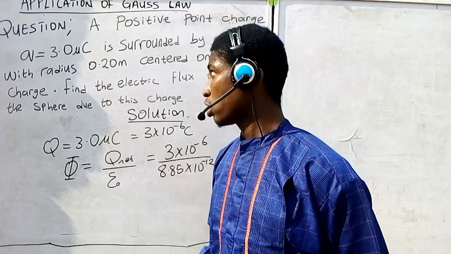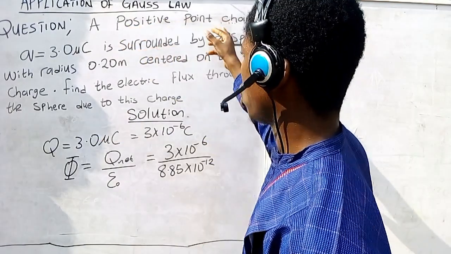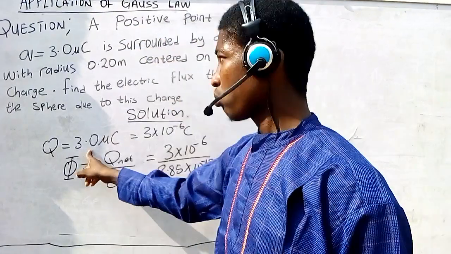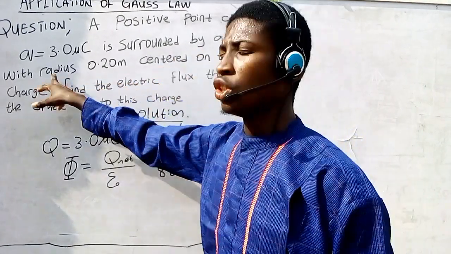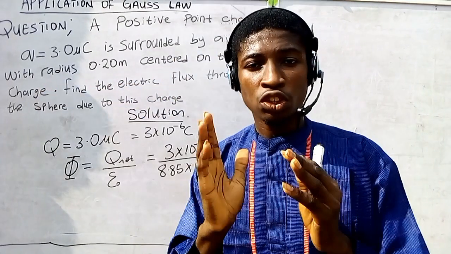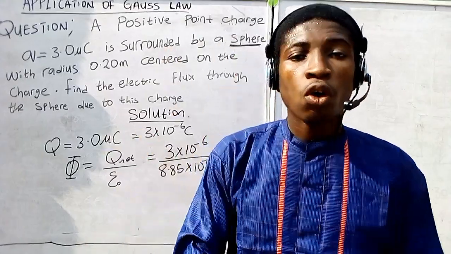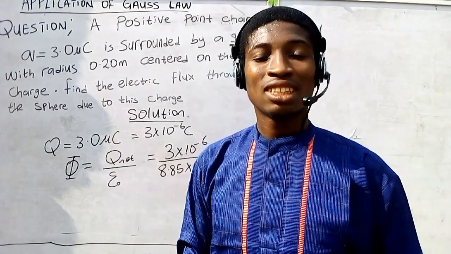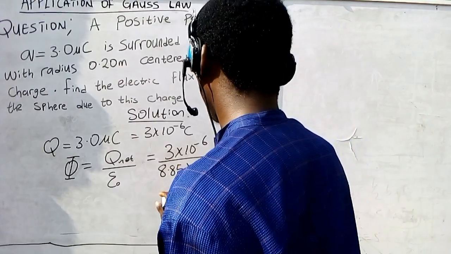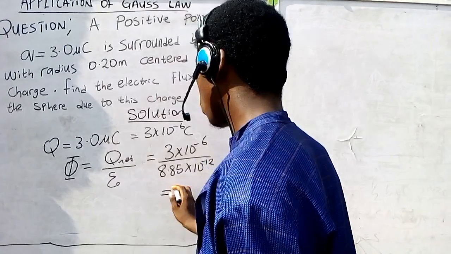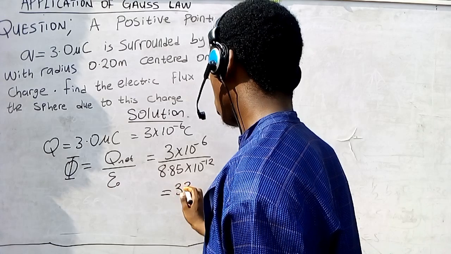So you can see it's very simple. So we have a positive point charge, which is this, and it's surrounded by a sphere with radius this. It's not important. The radius is not important because whether you use the radius or you don't, you still get the same answer. So now, if you divide this 3 times 10, that should give us something like 3, 8,